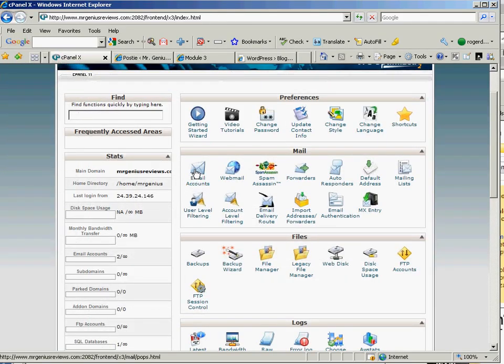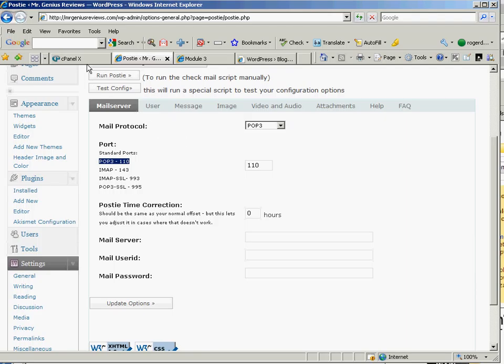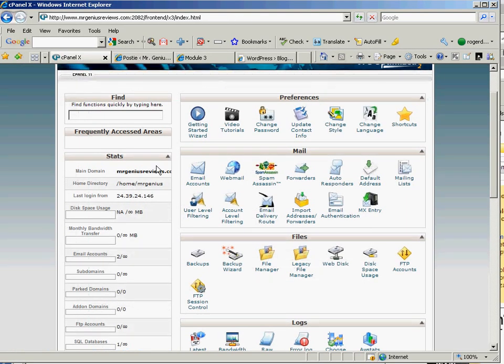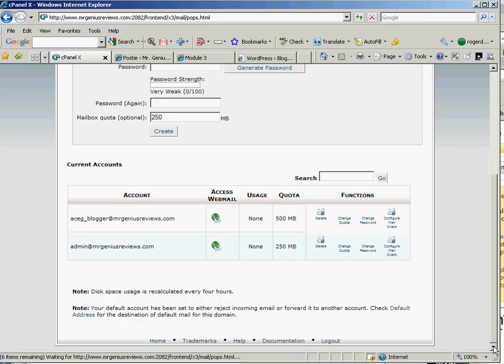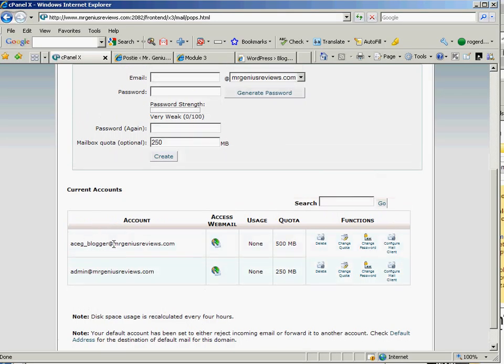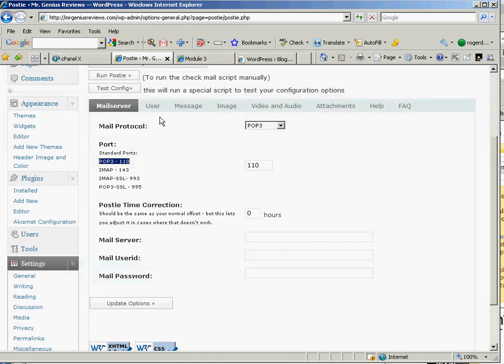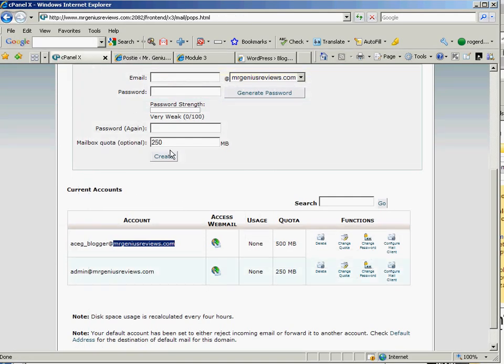because remember this is our WordPress configuration. We're going to go to cPanel, go back into our email accounts, and grab that email account that we created, this here, and the email server is going to be the domain, mail.mrgeniusreviews.com. And remember our ID, if we go to this configure mail client,